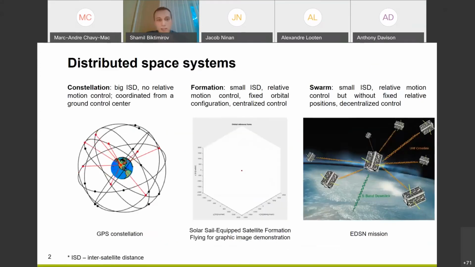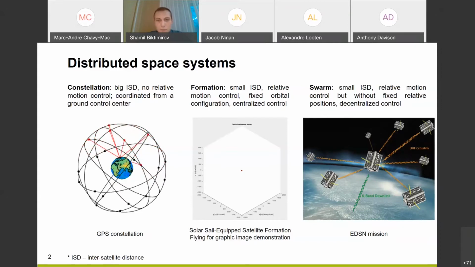Let's start. So the talk is devoted to distributed space systems. And in general, there are 3 of them. The first one is constellation, and it differs from formations and swarms by its orbital configuration. So it's global. It means that the distances between satellites in a constellation are comparable to the semi-major axes of the orbits of satellites, and each satellite controls its own orbit, so there is no need for controlling relative